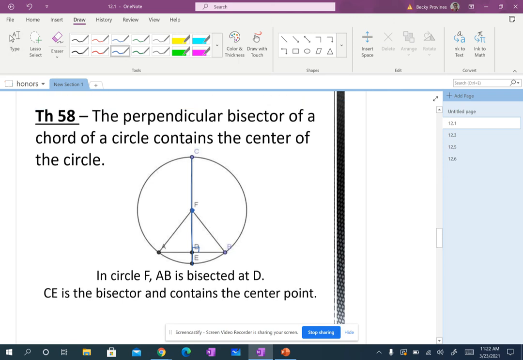All right, so in circle F, and we know it's circle F because you name it by the center point, and technically I didn't have the symbol, but you could write it like this. AB is bisected by D, so CE